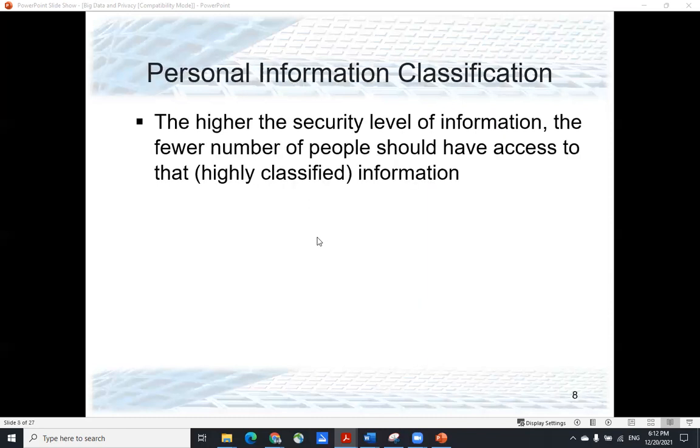So now we talked about there are personal information classification. So when we say the higher the security level of the information, the fewer number of people should have access to it. So basically it means that if it's highly secure data, then you should not have too many people have access to that data. So what does that mean? Like, if you remember, we talked about data protection. I talked about how you can keep that classified data classified and keep people from getting access to that data